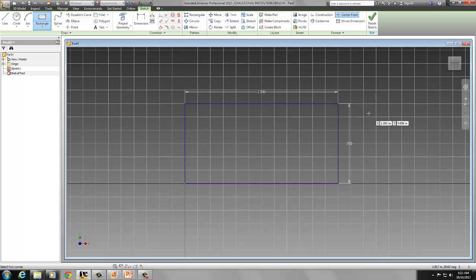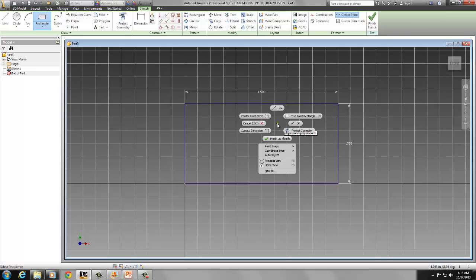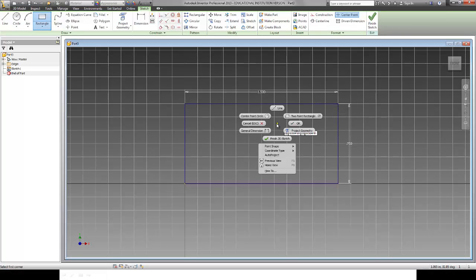And so my feature is completely blue, which means it's fully constrained. So it's constrained here at the origin, and I've constrained the size. So you notice I didn't have an arrow there in my cursor, and that was because I didn't do a right click OK